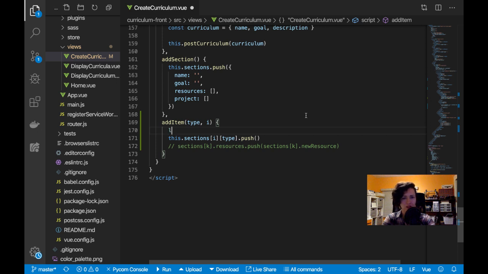So let me do, I'll call it item for right now, equals maybe new item equals, so if type is resources, then I'm gonna pull